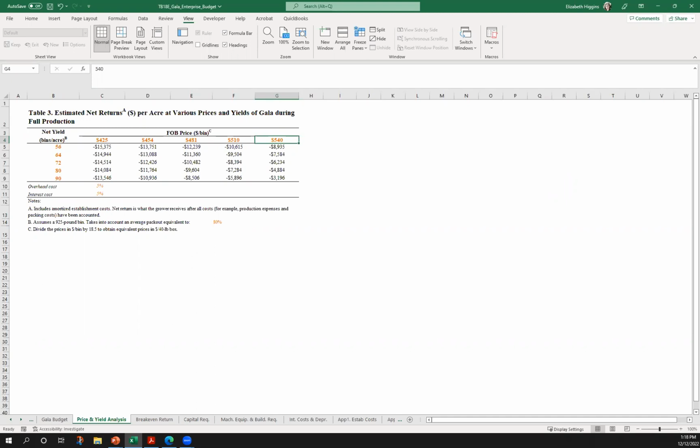I will say that the most challenging thing with enterprise budgets is when you have all of your costs and expenses in a lump, and you have to go through that allocation process. I think that's where enterprise budgets really become challenging. One tip that I would give is to really focus that allocation on those things that are most likely to be the difference between being profitable or not.